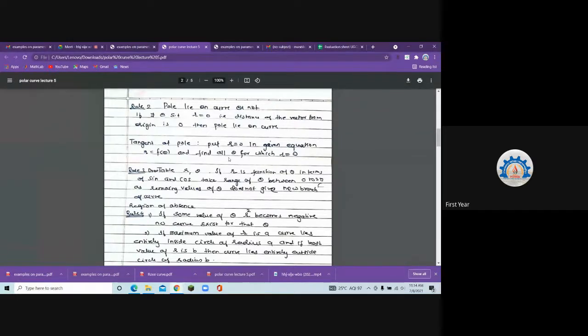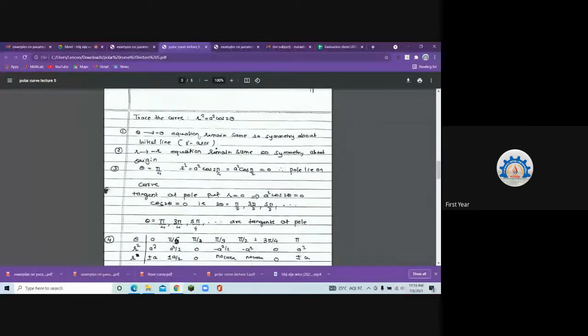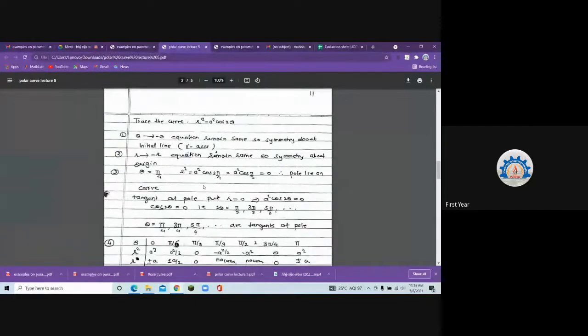तो अगर suppose we have r is equal to a cos 2 theta, अगर ऐसे है तो r is equal to 0 पुट करने पर मुझे क्या मिलेगा? What will I get? So r square is equal to 0, r is equal to 0. When I'll put r is equal to 0, I'll get a square cos 2 theta is 0. That means cos 2 theta is 0. तो ये कौन से 2 theta के लिए हो रहा है? Whenever 2 theta is pi by 2, 3 pi by 2, 5 pi by 2, dot dot dot. All these values when I put as 2 theta, I will get 0.